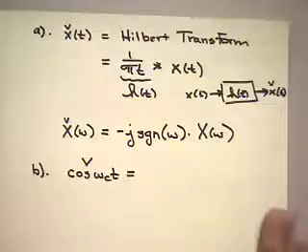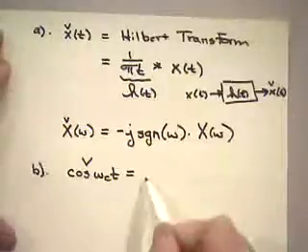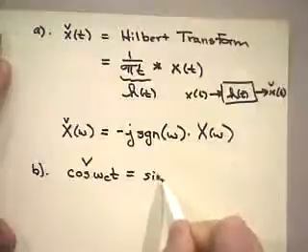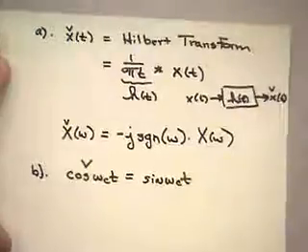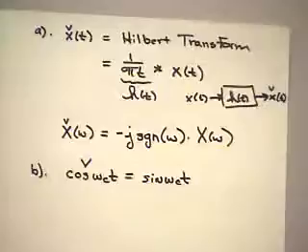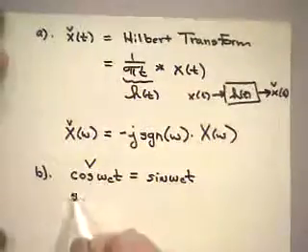And when I'm left with that, I turn around and do the inverse transform, guess what? I get sine of omega c t. So basically, the Hilbert transform takes a single frequency component and moves it back 90 degrees. That's what's happening. And sine